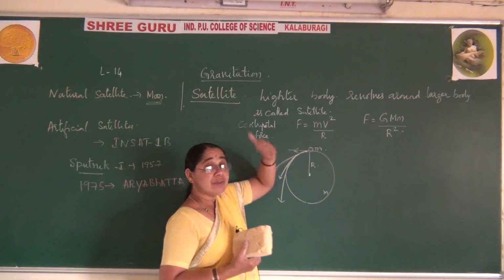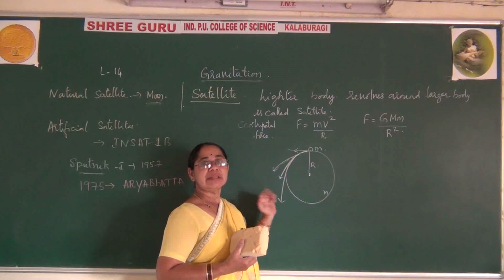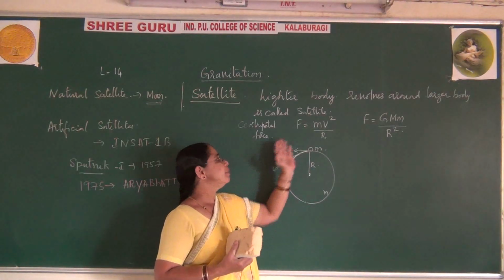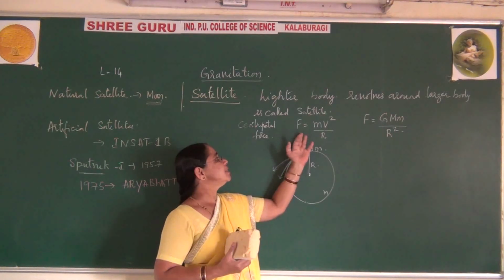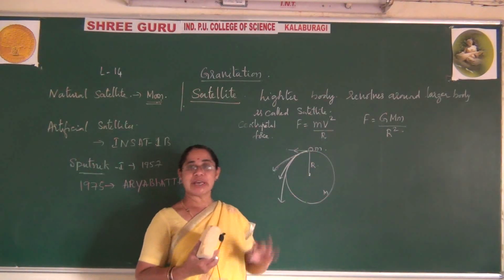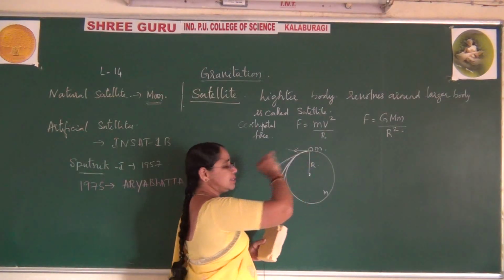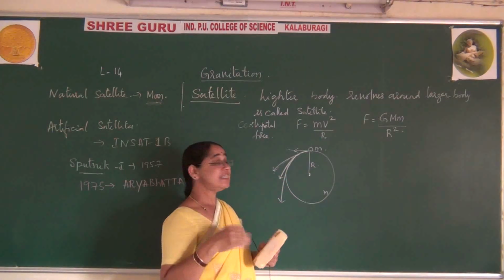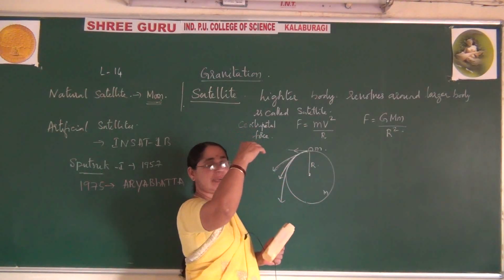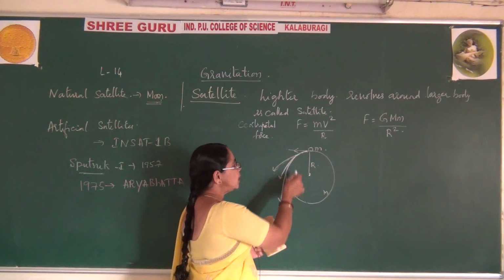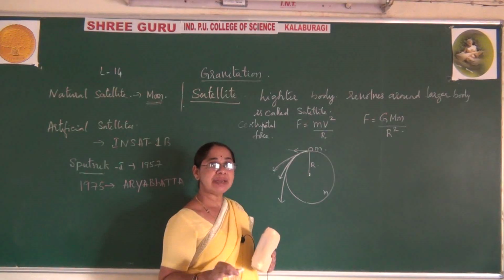Similarly, if the velocity is large, then it would have moved away from this, but that is also not so. Here, both have been balanced. What is balanced? Force and velocity both have been balanced, due to which the object is moving around in a circular motion. By chance, if V is more, it would have escaped and moved away. But if force is large, it would have made the object come up to the center. But that is not happening here. What is happening here?